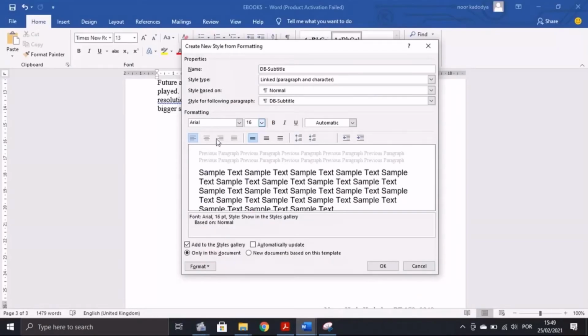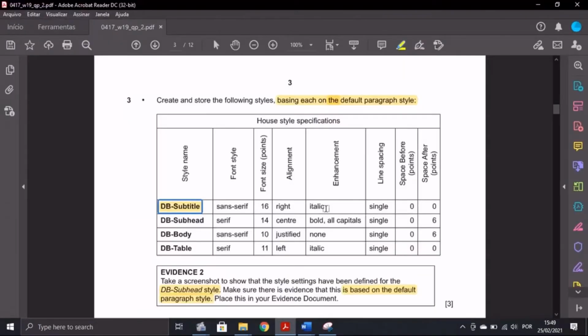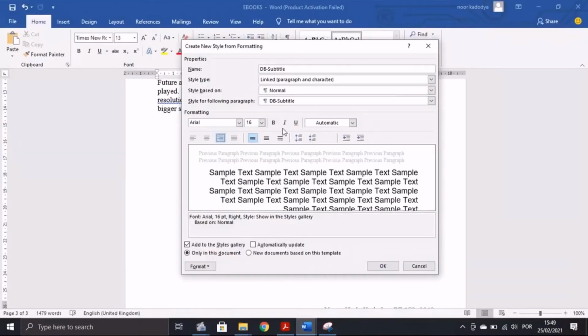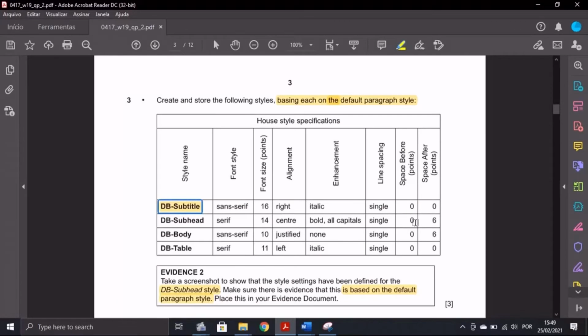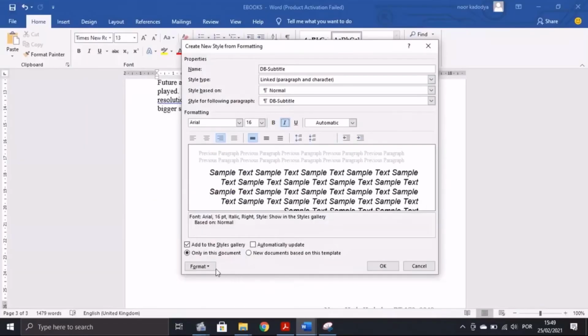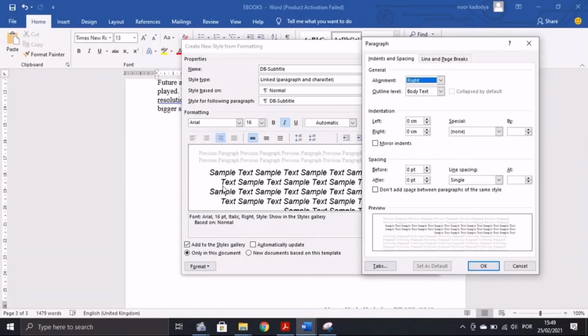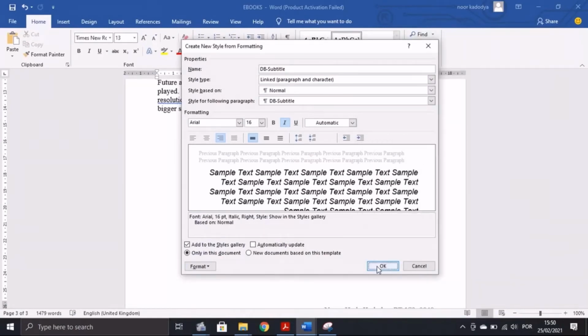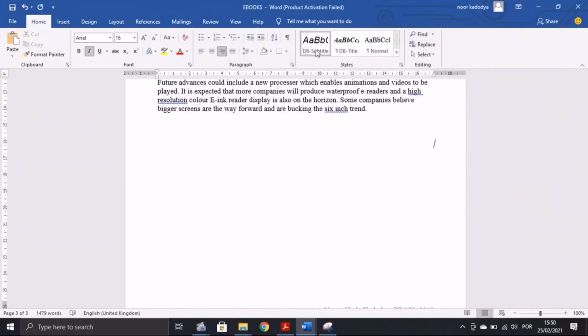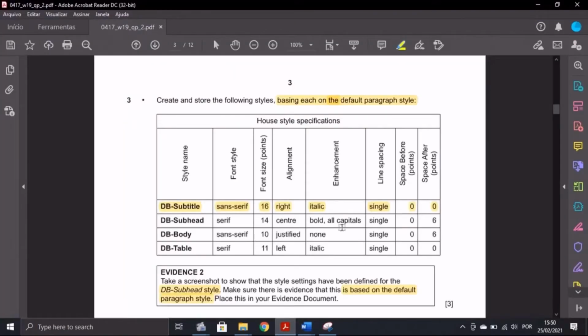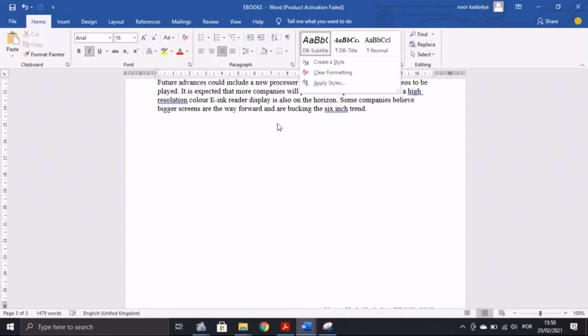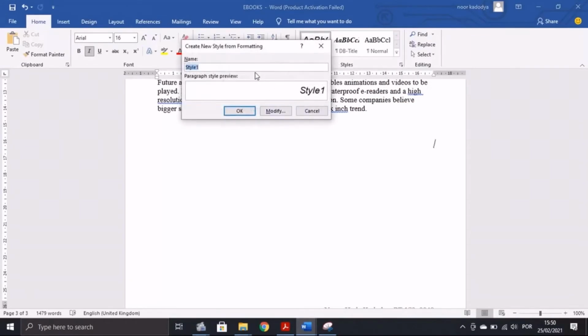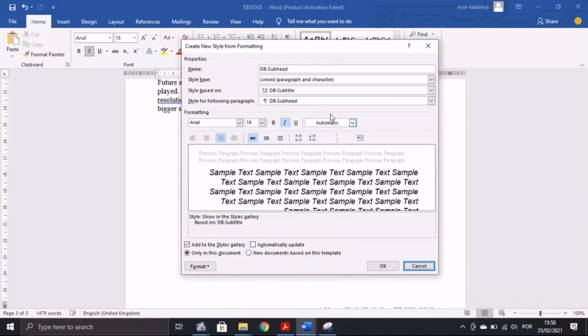and this is left aligned, so I will make this right aligned. The enhancement is italic, and there is single line spacing 0 before and after. So you go to format, paragraph, line spacing single, 0 before and after, and we do OK, and we have a style DB subtitle created. Now we have to create a DB subhead. Again, going to the arrow, create style, and we name this DB subhead, modify,